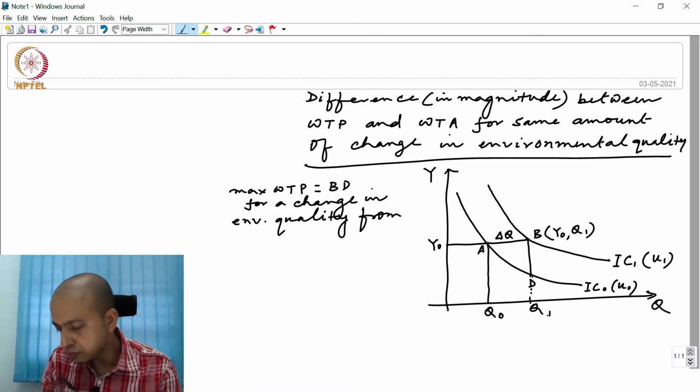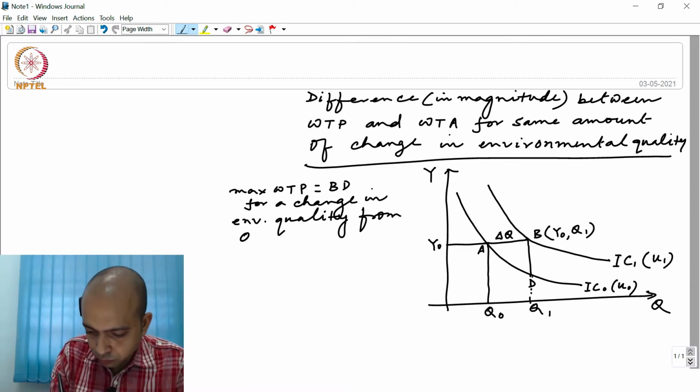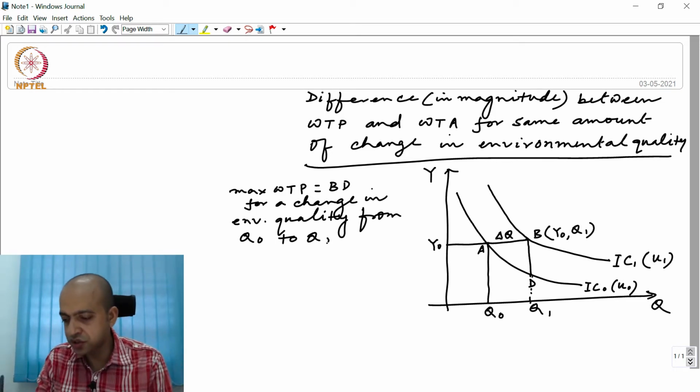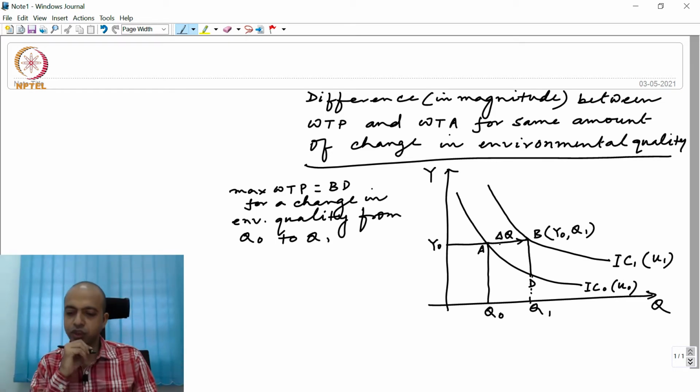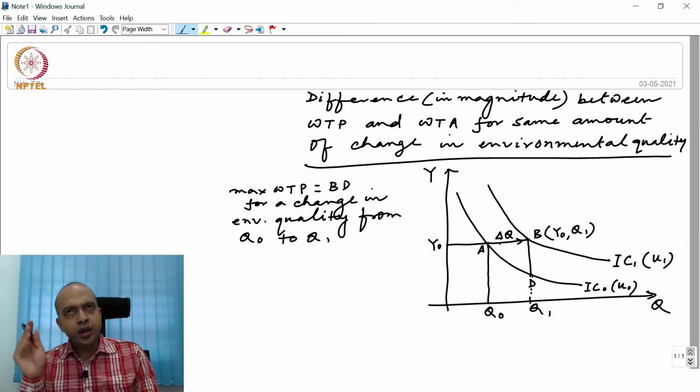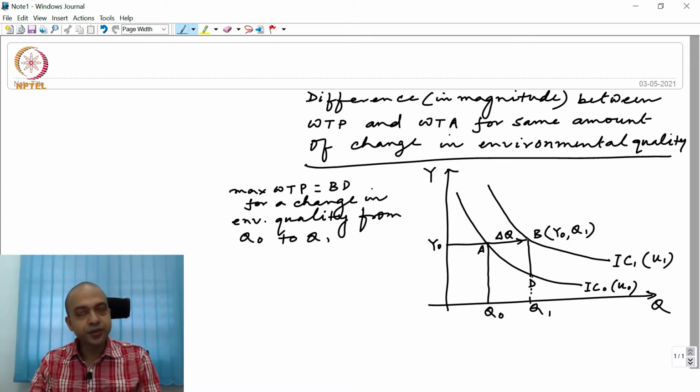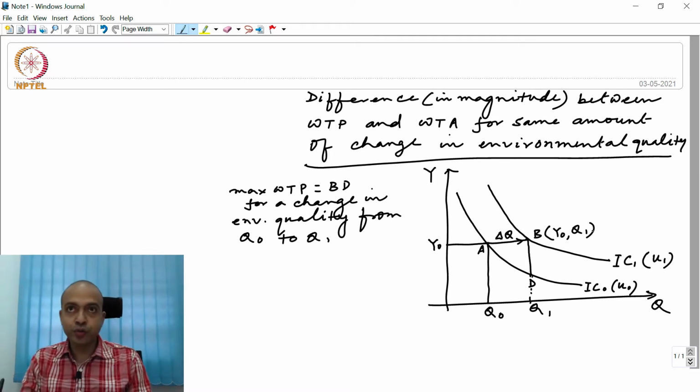This is Q1. This is the change. Okay, all right. Now let us assume that individual is initially at point B enjoying Y0 amount of income and Q1 amount of environmental quality, but then there is